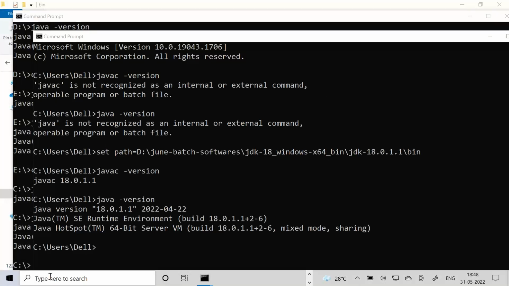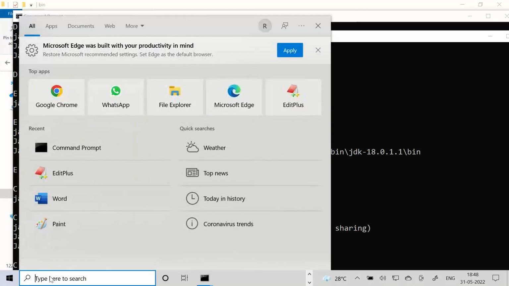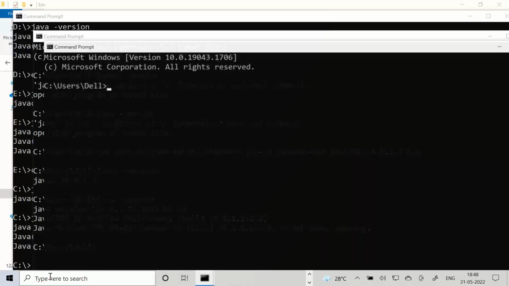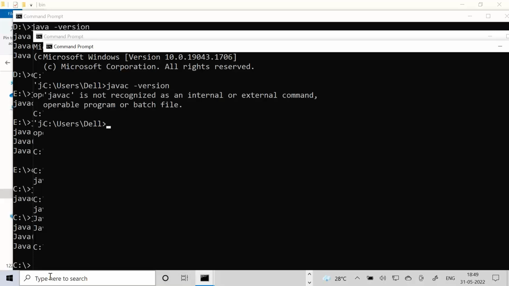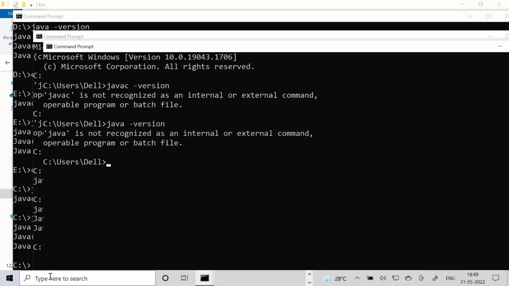Let me open a new command prompt. Everybody, CMD. Run the javac command with version. Java command with version. It's not running. What do we need to do?